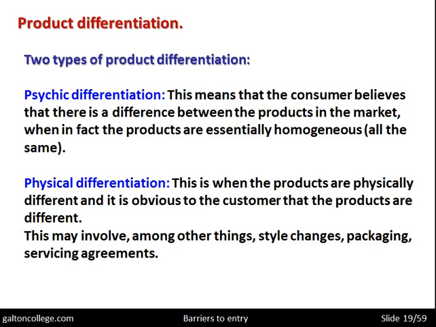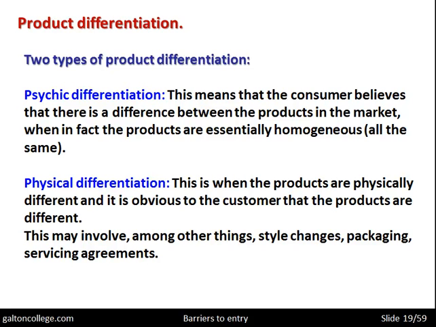So the existing companies may try to protect themselves by psychic differentiation, whereas the companies coming in may slightly differentiate the product to try and get a foothold in the market. By the way, the existing companies in the market may also physically differentiate their own product to try and stop